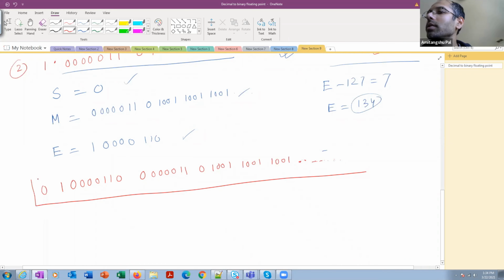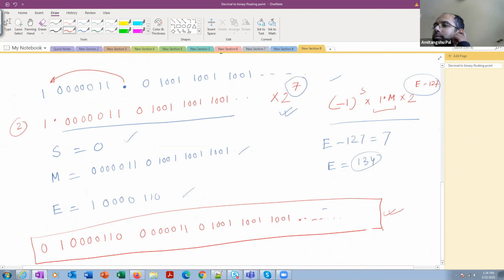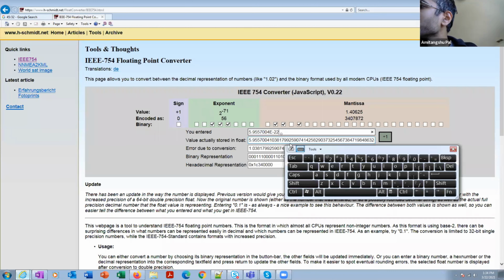Okay, so this is your binary representation corresponding to the number 131.3. If you convert it to binary, this is going to be your final answer. Again, let me check whether my conversion is correct or not. So if I write 131, sorry, 131.3,